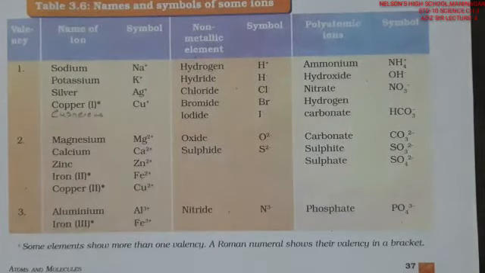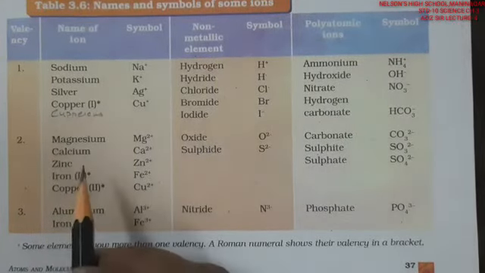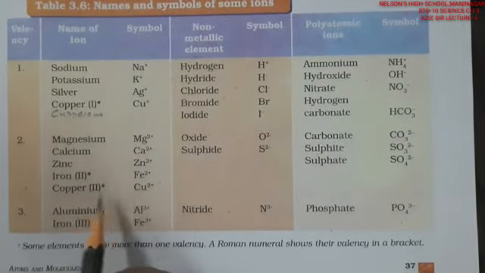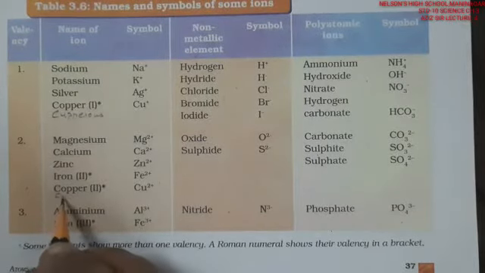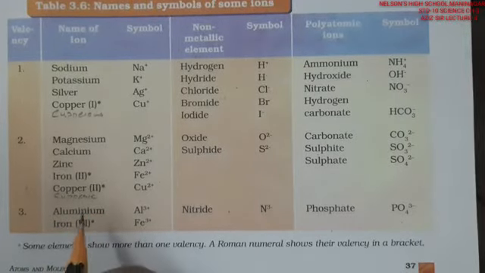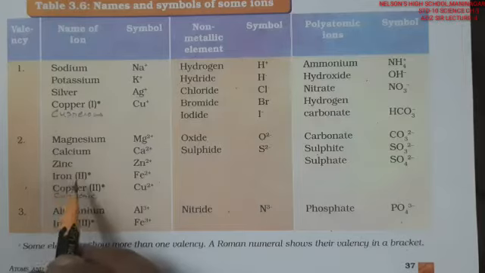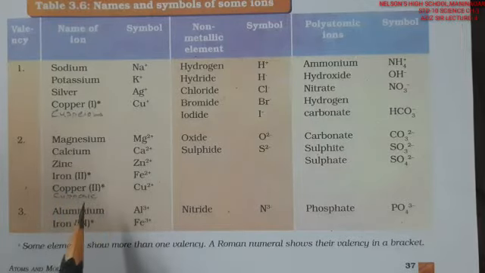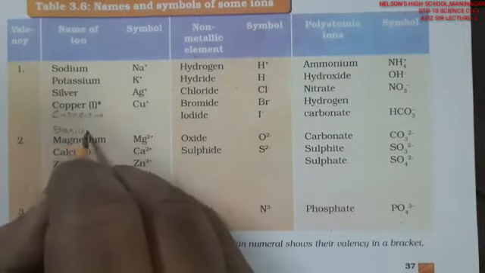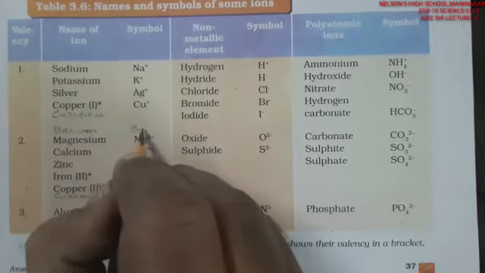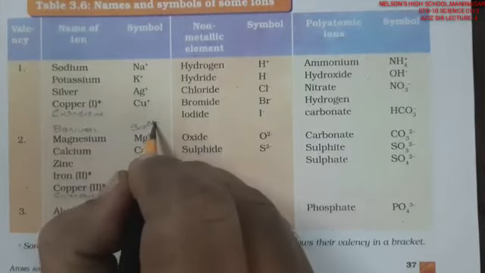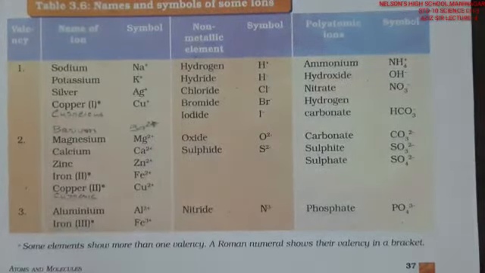Then the 2+ valencies include magnesium Mg2+, calcium Ca2+, zinc Zn2+, iron Fe2+, and copper Cu2+. It is named as cupric, and iron 2+ is spoken as ferrous. Okay, it is given as 2, so you will be taking this as 2. Even barium Ba2+ is there, zinc is there, and many other different elements are there which are having 2+ valencies.